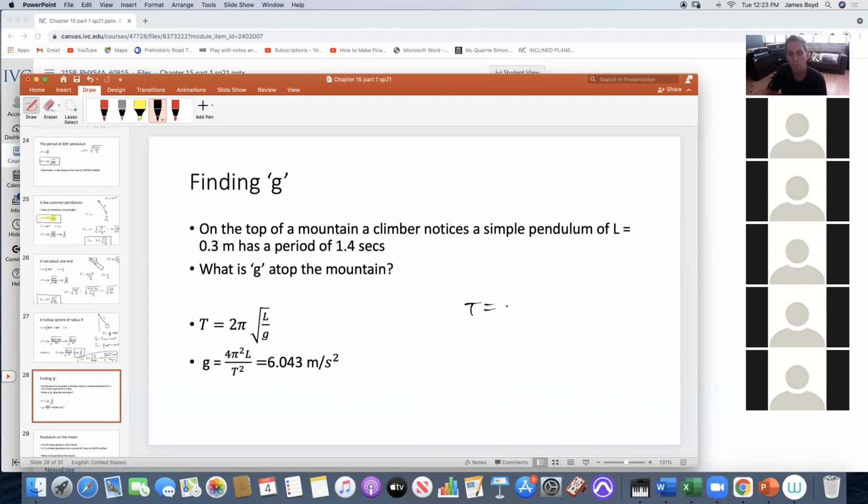So first of all, square both sides. You get T squared is 4 pi squared L over g. Solve for g, multiply by g, divide by T squared, and you get g is 4 pi squared L over T squared. Plugging these in with L is 0.3 and T is 1.4, I get 4 times pi squared times 0.3 divided by 1.4 times 1.4. I get 6.043